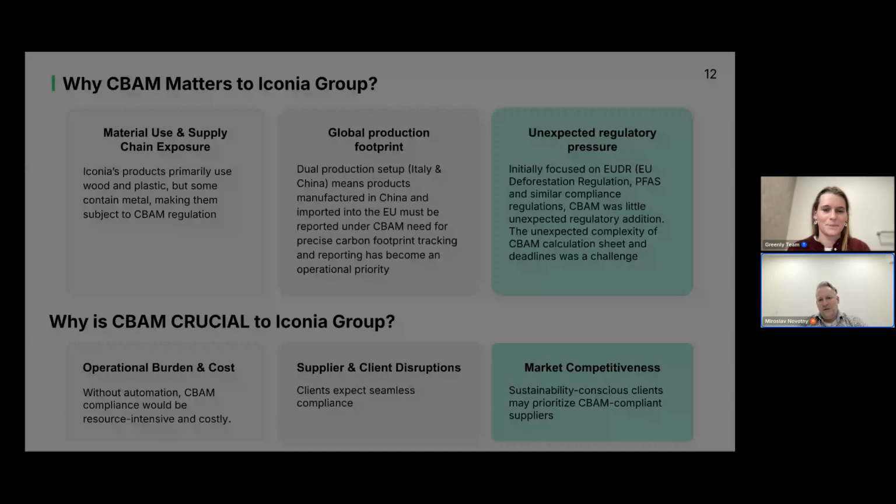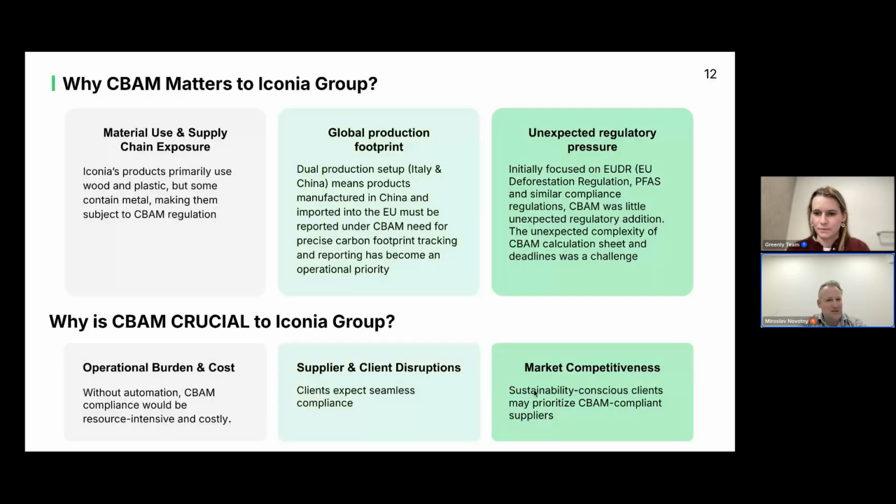Sure. So, as you have seen on the previous slides, CBAM is something we cannot ignore, even if we are just a supplier. Our products are mainly made of MDF, wood, and injection plastic. Sometimes the designs and the functions require parts out of steel. As we have 2 production sites, one in Italy, one in China, it's pretty clear that whenever we produce in China, in combination with the use of steel, we need to do a CBAM calculation. There is no exception. It needs to be done. Actually, everything we produce in China has some kind of regulations. So we are kind of used to it.